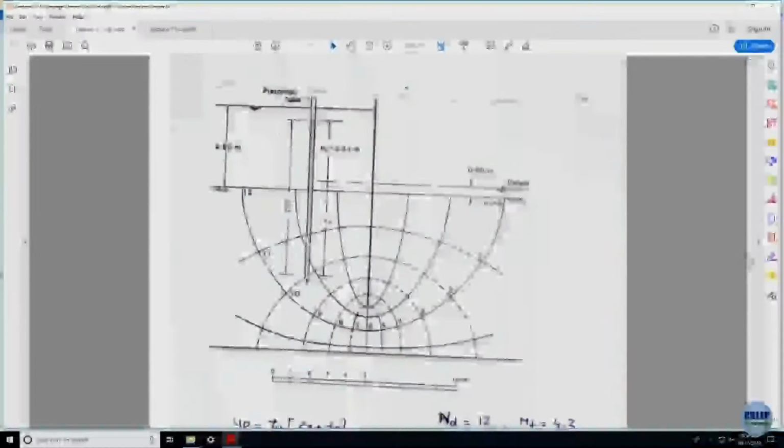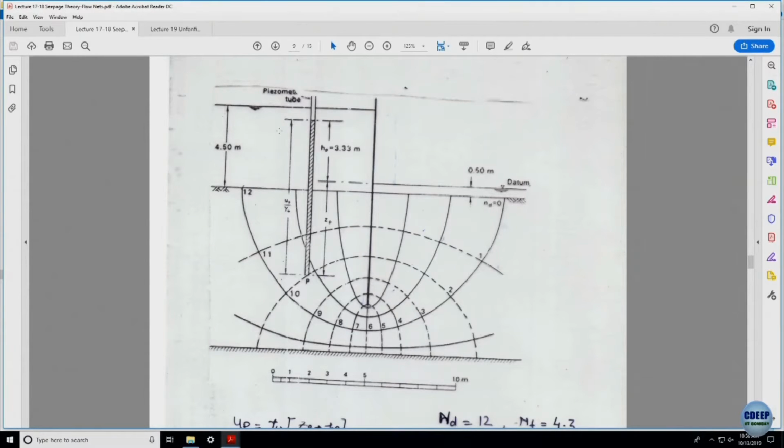So, at this point P, if I know the equipotential, I know the total head. If the datum is known, I know the position head of point P, which will be equal to minus Zp, and if I insert a piezometric tube over here, the total height of the water column in this tube would be this much, that is Hp plus minus Zp, alright. So, this is how we can compute the pore pressure at a given point. Rest remains same, and you can compute the discharge which is taking place through this orifice or the open space.